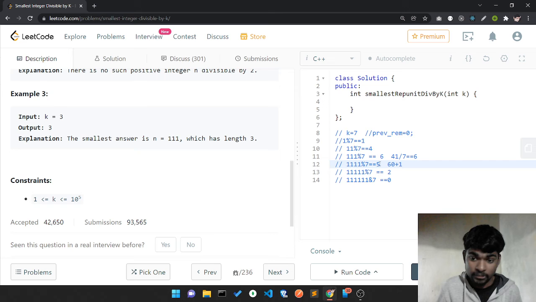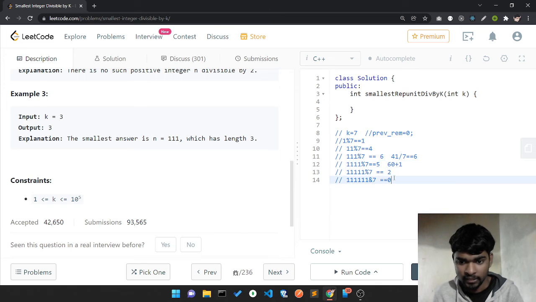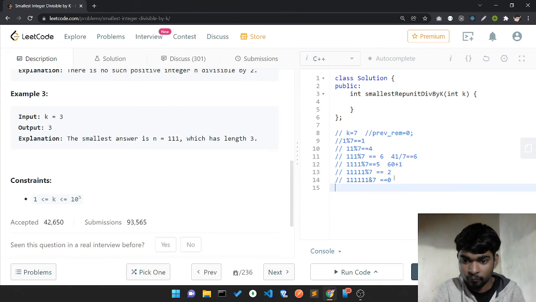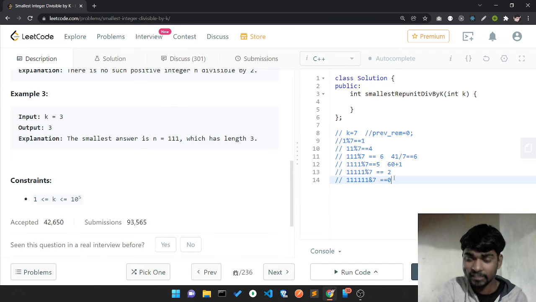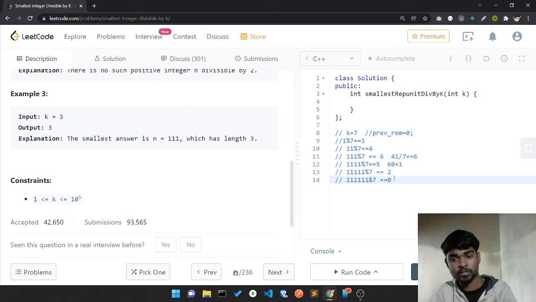So I notice one thing, but one more thing I notice is that after a certain limit, it kind of repeats. If I go more steps further, you will notice it's repeating itself.